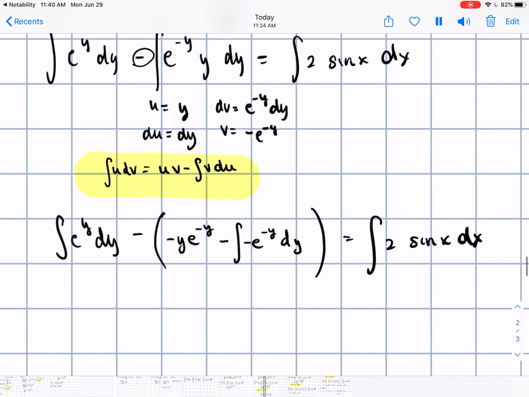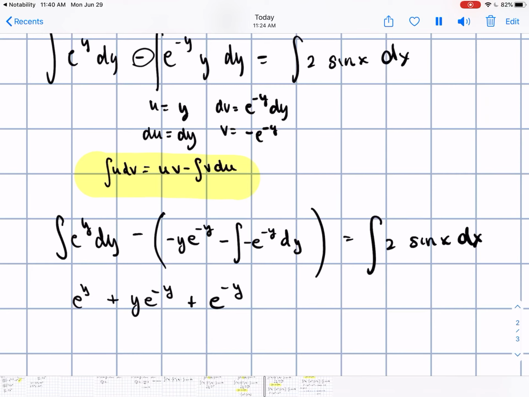Okay, so that e to the y is easy. That's just e to the y. All right, we're going to change the sign here. I'm going to get a plus y e to the negative y. So be careful on this one, right? Because it is changing. You're distributing that negative in there, making that a positive. And then you have another, it's going to wind up being a positive because you have four negatives that are going to appear here. So it's plus e to the negative y, and then equals negative 2 cosine x,